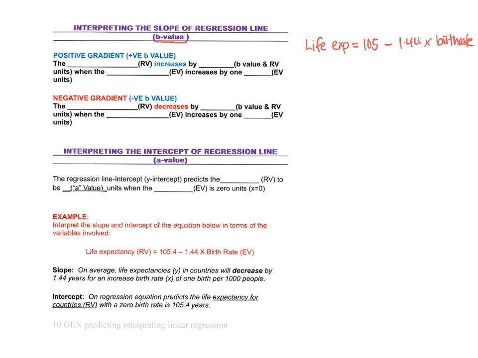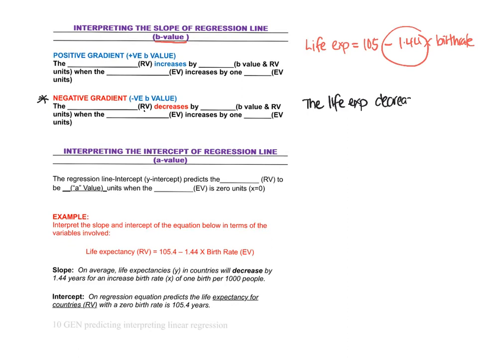So if we were doing the example that we've got here, if I had to interpret this slope, I'd look at the B value and see that it is negative, okay? So I'm going to use this little blurb, which you've got in your book. If I'm asked to interpret it, I need to write this out. Now in my example, what's the response variable? Remember, that's the Y. Good. So I'll write the life expectancy